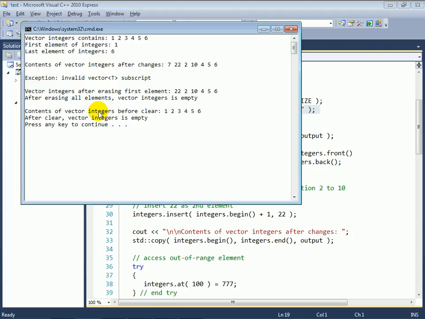So if we stop there and take a look at the output, we can see that the new contents of the vector are 7, 22, 2, 10, 4, 5, 6. Now remember, originally 22 was inserted after the fact. So item 0 was replaced with 7, item 2 was replaced with 10, then we inserted 22, which shifted the